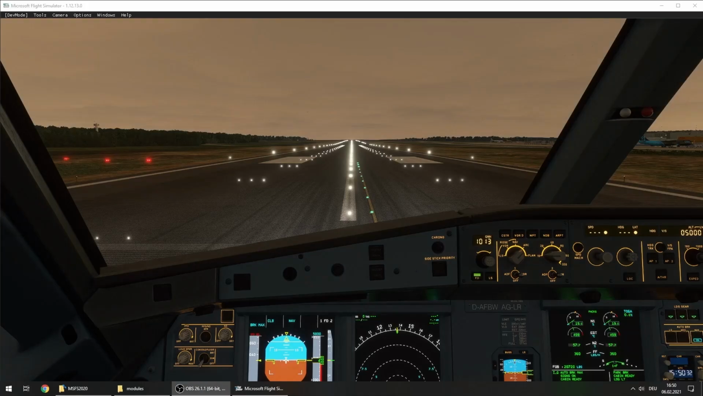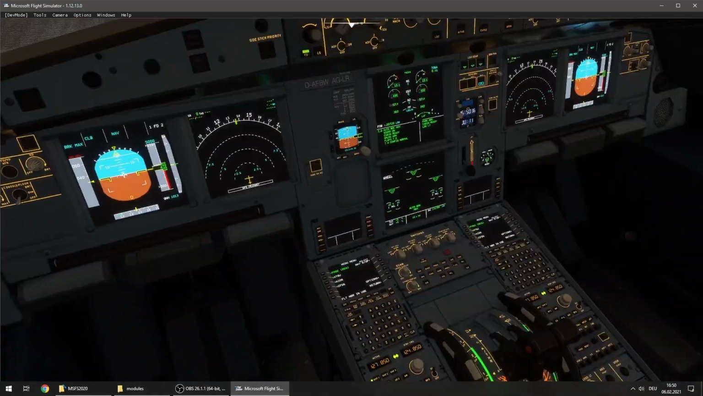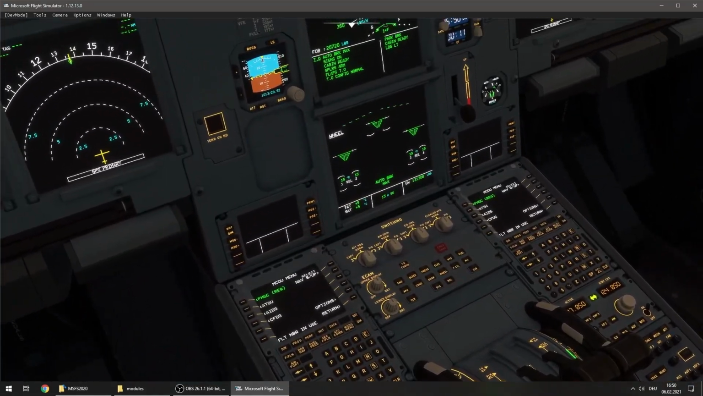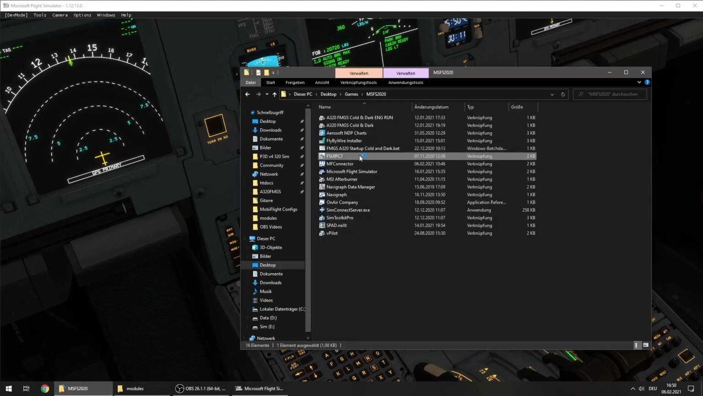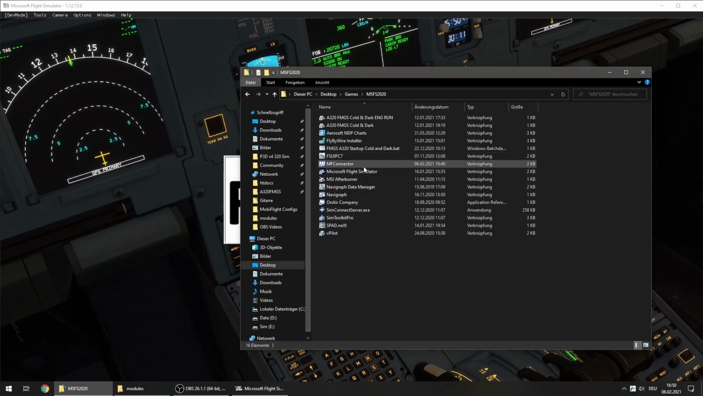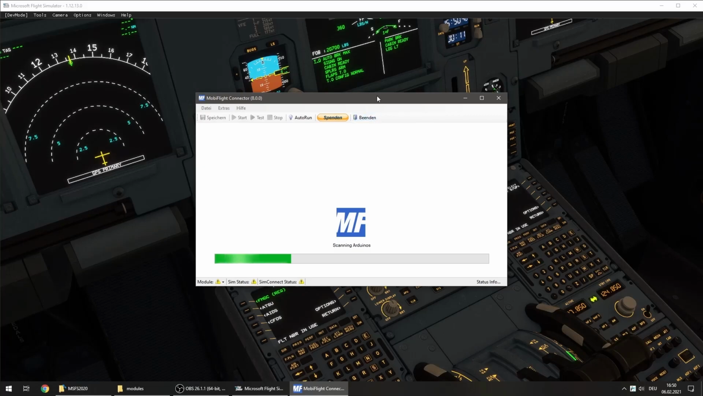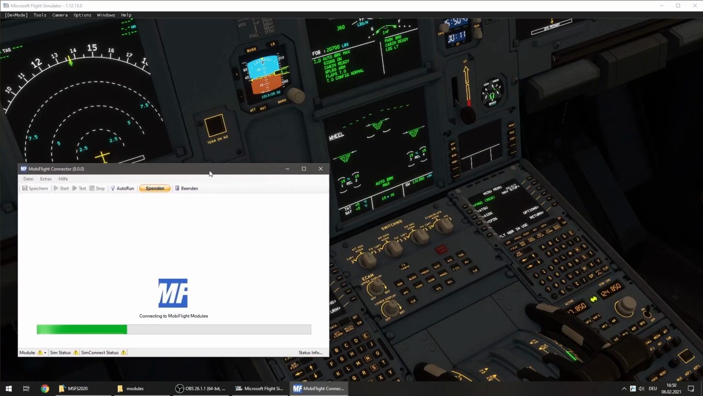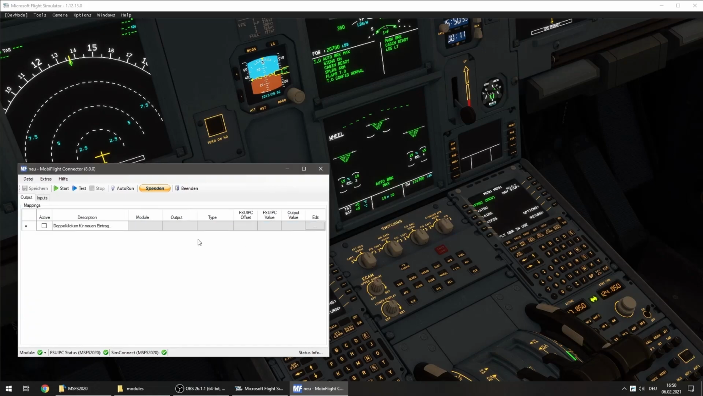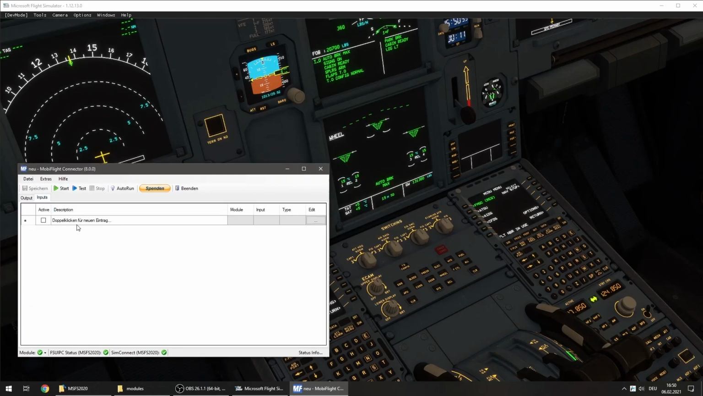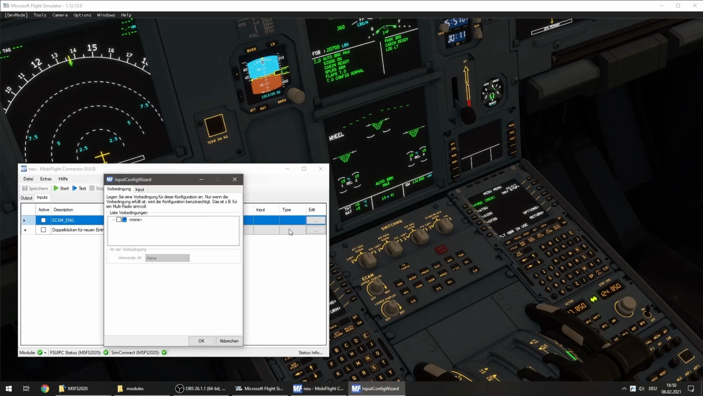Okay, so after reloading the simulator, we want to check if everything worked out as we have planned, and don't forget to start FSUIPC again and the MobiFlight connector. And to see if everything worked out, we go into the inputs section, give it a name like eCam engine, hit edit,